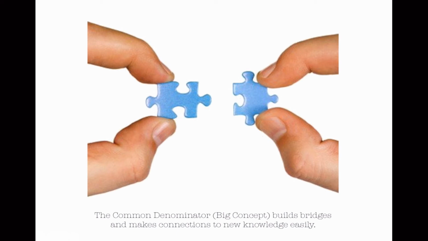Now with that, you can understand the purpose of a common denominator in the teaching of geography. The first common denominator which I've introduced is known as the big concept. It really helps to build bridges and makes connections to new knowledge easily. And as I've shown earlier, with the introduction of things that students have not learned before, for instance, a frog, for instance, an orchid with very strange appearances, and also a bird that makes strange noises, you can actually make